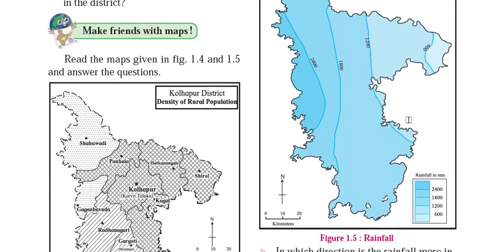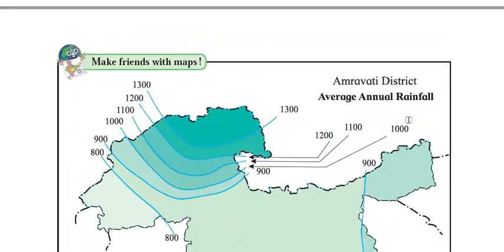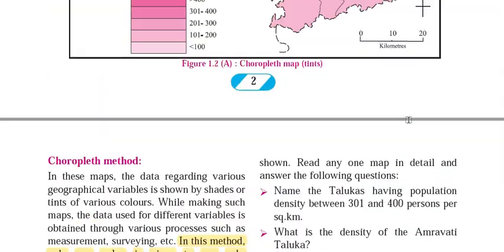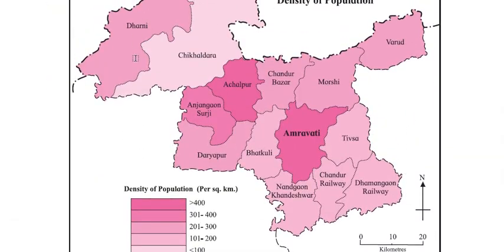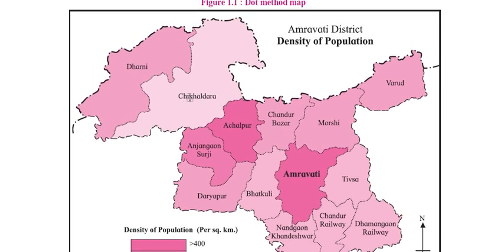I will explain using this choropleth map. Here in the choropleth map you can see the shades. So consider this Chikaldara tehsil of this Amravati district. Suppose there is a tehsil location at the center of this particular tehsil, so their population density is very high. But at this corner in the border area, suppose there is a hilly area, then population density is very low. But the choropleth method is telling us that in the entire Chikaldara tehsil there is the same population density.